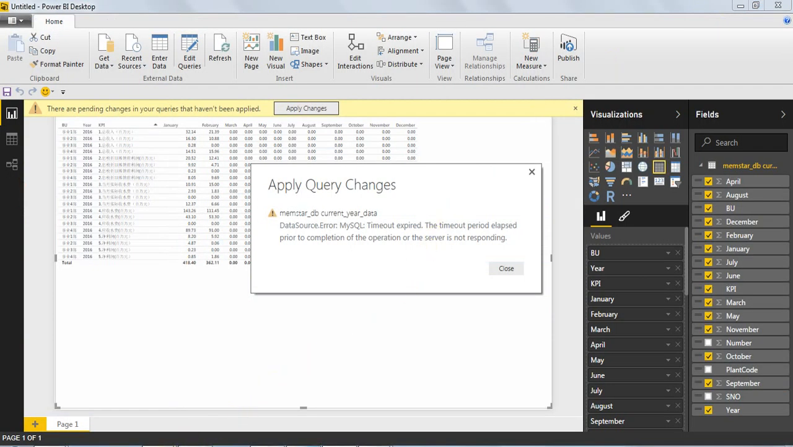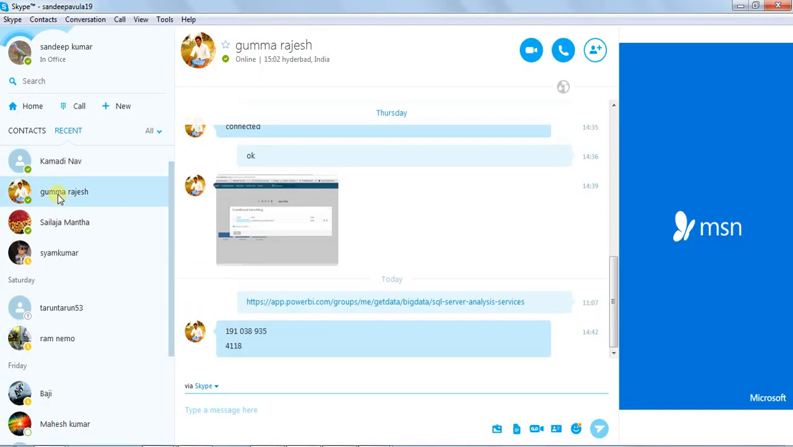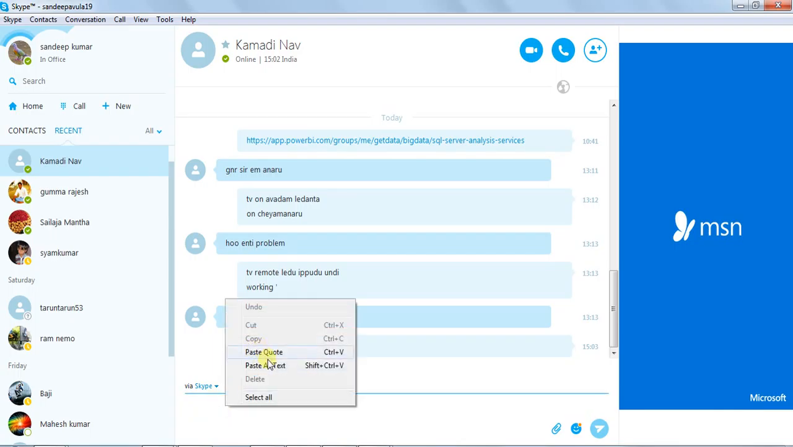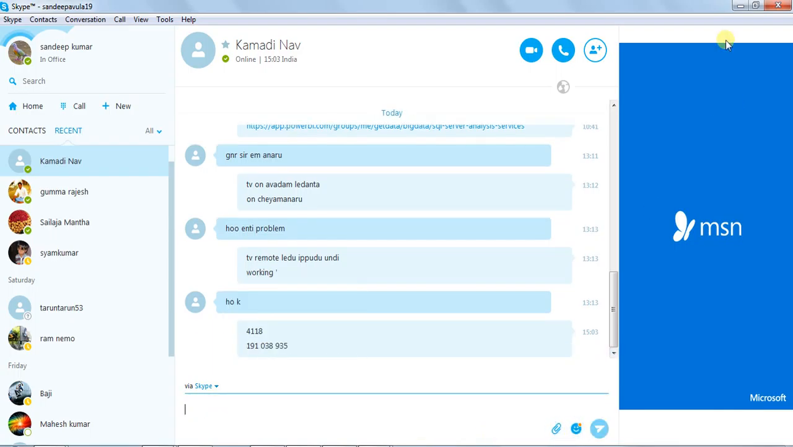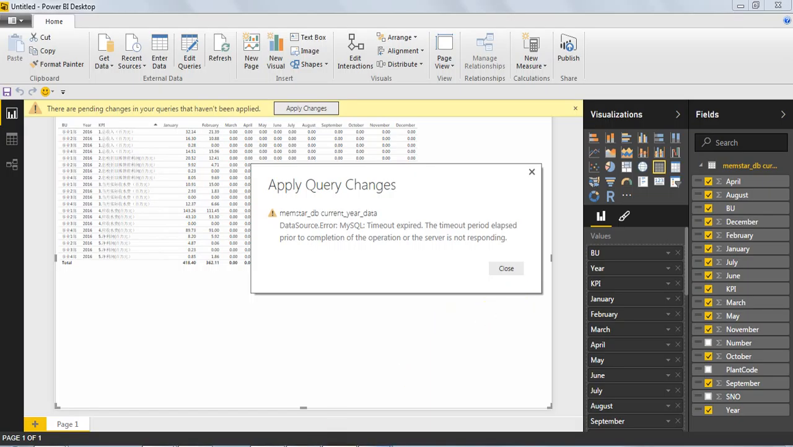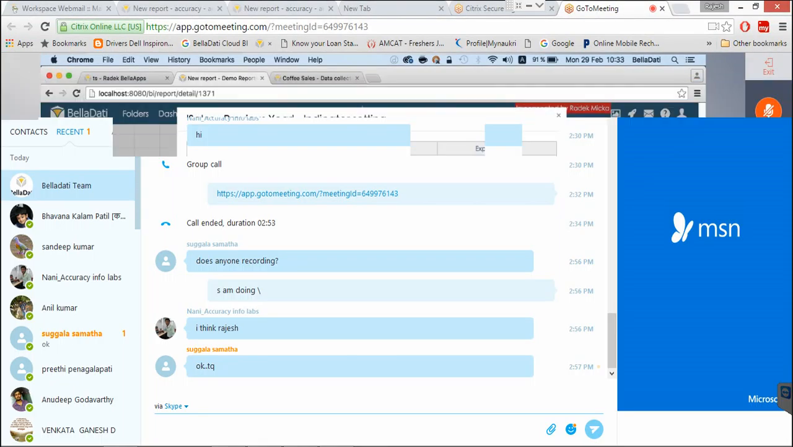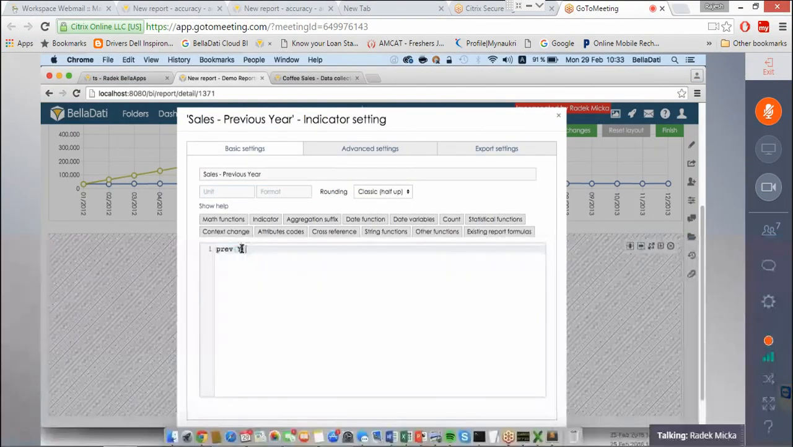This function is called prev, and for this function we can define which date aggregation will be used. So we can use previous year, previous month, previous quarter, previous week or previous day. In this case we'll use previous year, so only y is used for this. If we use weeks, then we will